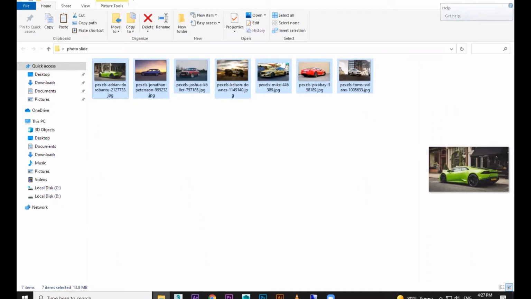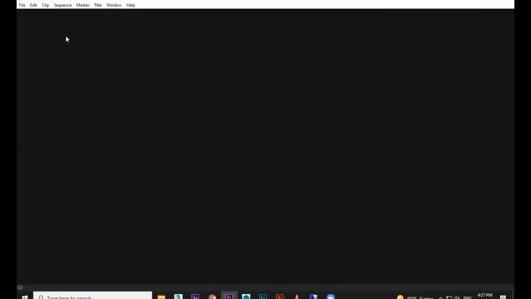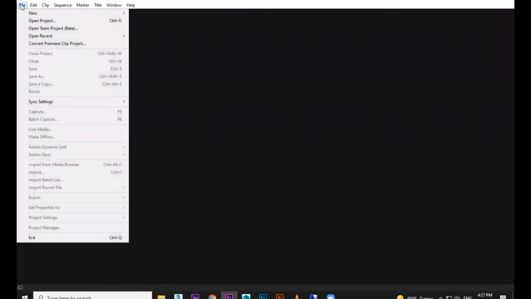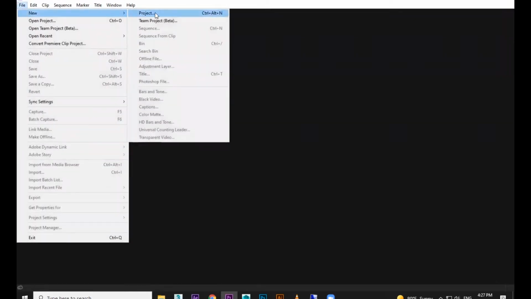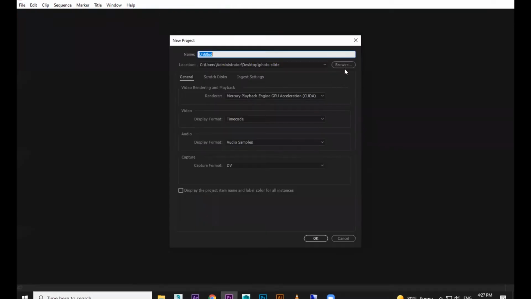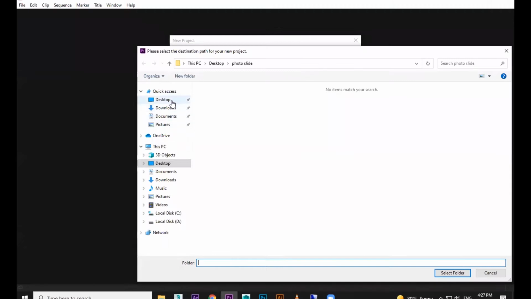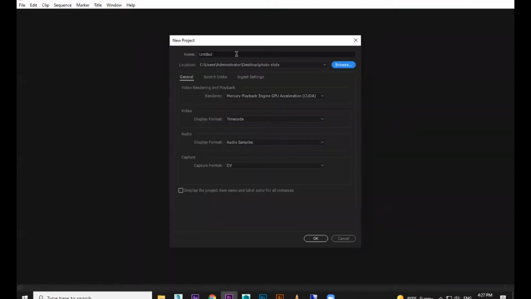Then you need to go to Premiere. That's usually how we set up. The same way, we're going to set up a project. File, New, Project. Go and save where you want. For example, the location is here, on the desktop, and this is my folder. So go here, and the name I'm going to do the same. Select folder. The name,